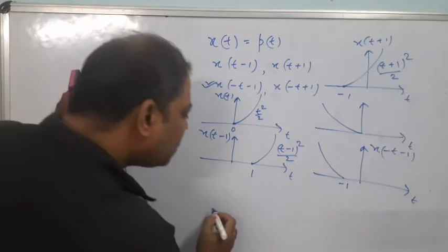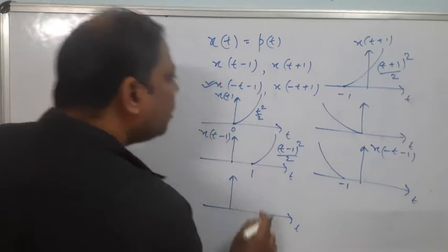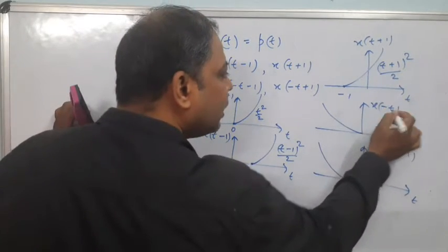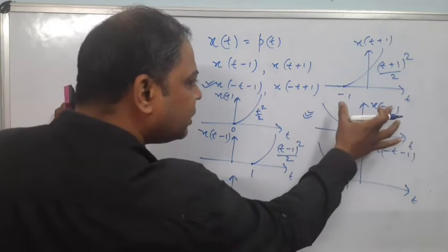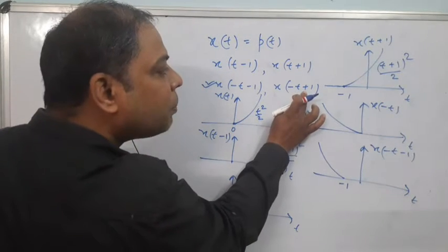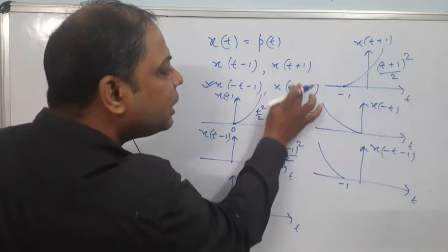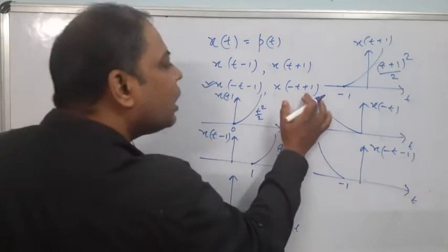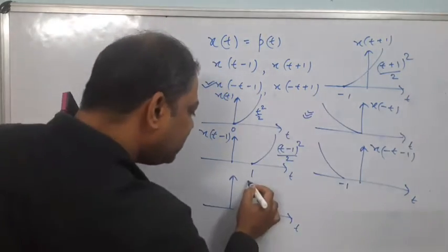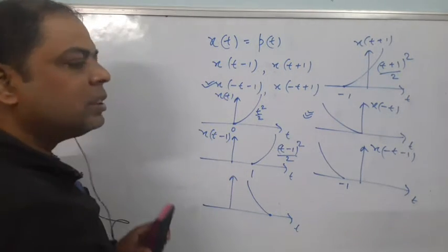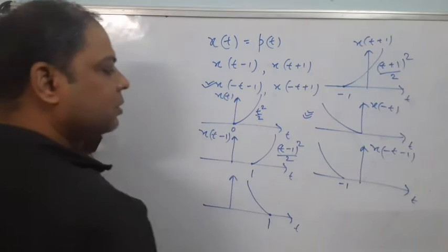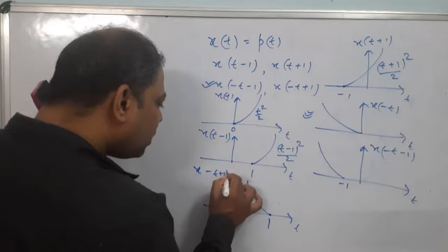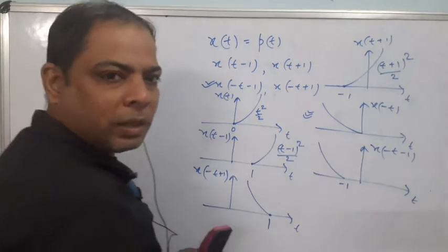Okay, next see. How to sketch x of minus t plus 1? Folded signal. First you have to fold. Already this signal is x of minus t, folded. Now this signal, try to understand. This signal x of minus t is shifted towards right. Here plus means not left. In the previous case minus means left; in this case plus means right operation. Folded signal, now you have to shift towards right. That means here this is the signal. This is your 1. This is your x of what? x of minus t plus 1.